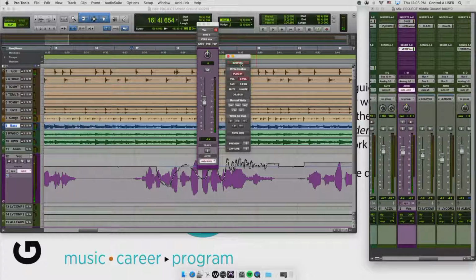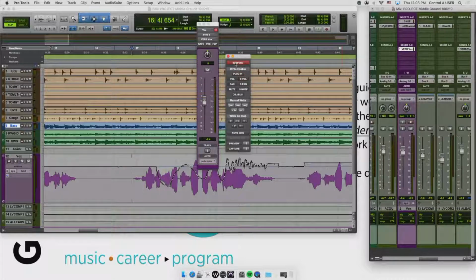So why would you hit suspend instead of automation off? Because if I've got a session with 20 tracks in it, and some of them are automation off and some of them are automation read, and maybe some of them have been in touch mode, and I don't want to undo all of that, I can just suspend the whole thing temporarily and then get back to working on whatever else it is I need to go to, and then I can come back to it, unsuspend it, and get back to work. So I don't use suspend very often. I usually don't find myself in that situation, but